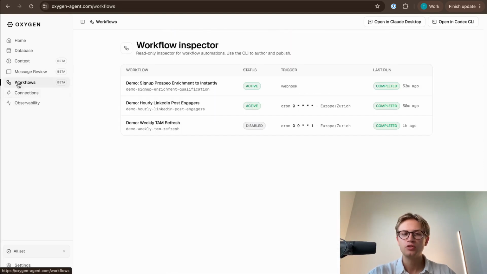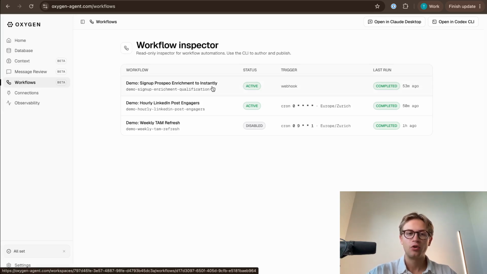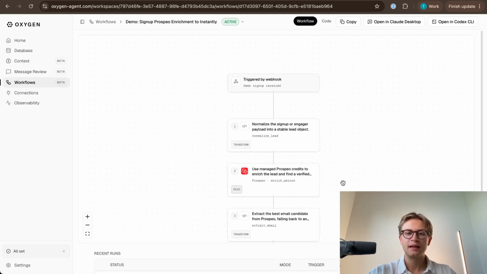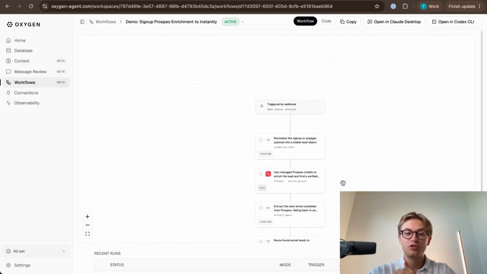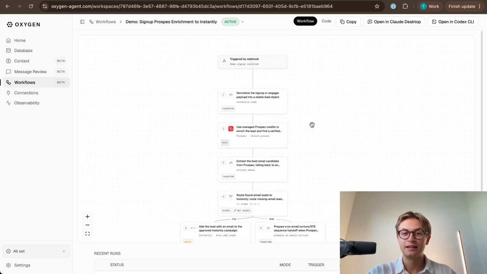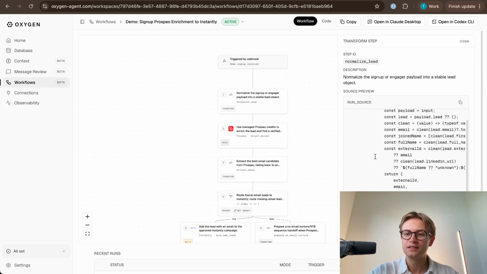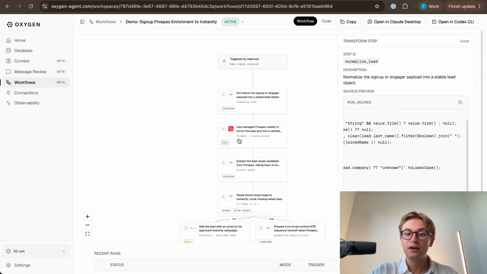So if you head over to workflows, here is a brief explanation of what they do and how they are set up. If you hop into the first one, you can see this workflow here, and don't be overwhelmed if you don't understand it. It's not that bad, because Claude can configure it anyway. If I click into one of these steps, as you can see, this is all just code. And we can also have